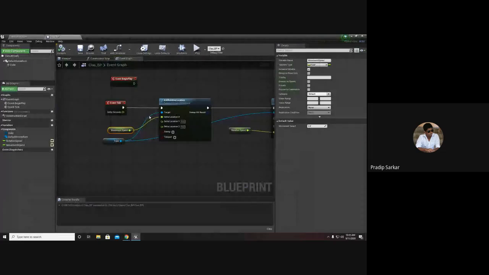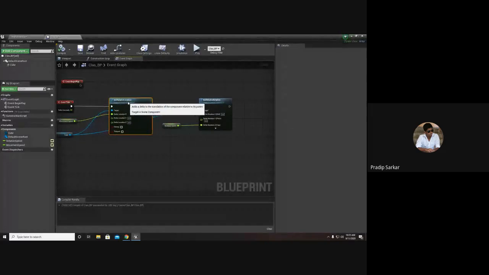Okay, going back to the blueprint. So this is how I can move any actor in the relative space.